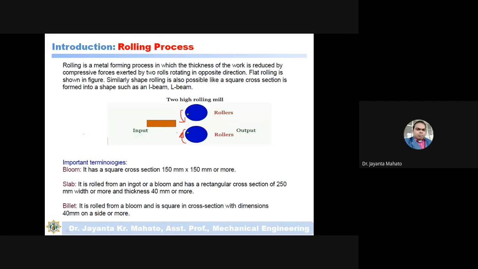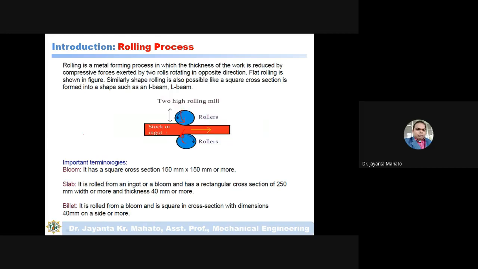So a compressive force will generate on the workpiece or slab.